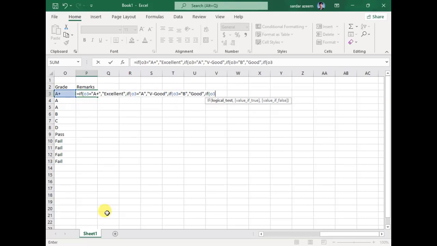O3 is equal to, if a person is getting C grade, comma, double quote, his or her remarks will be fair, comma, if bracket, a person is getting grade D, what will be his or her remarks? This will be satisfactory,